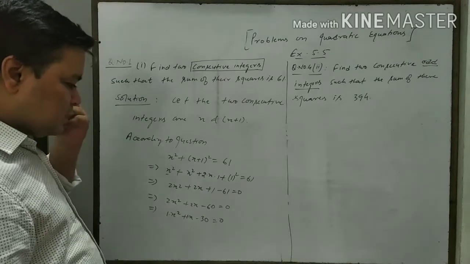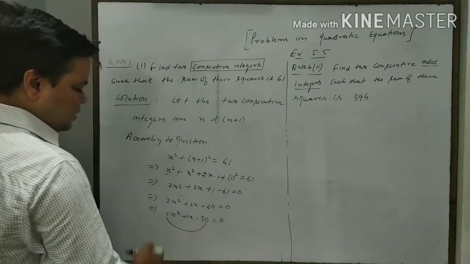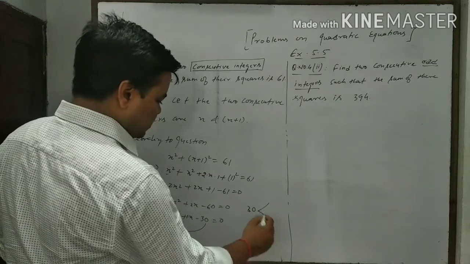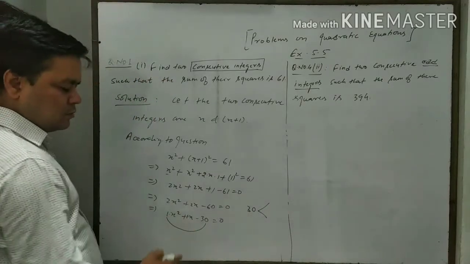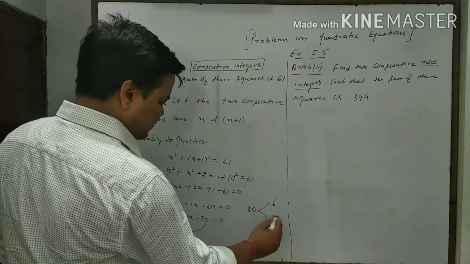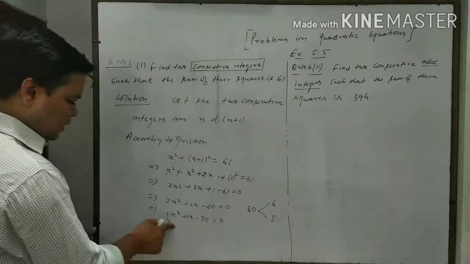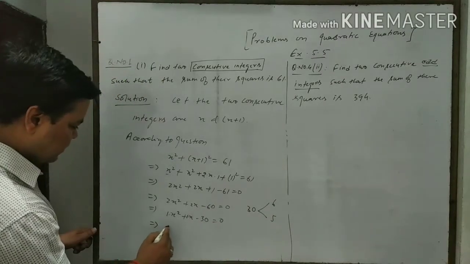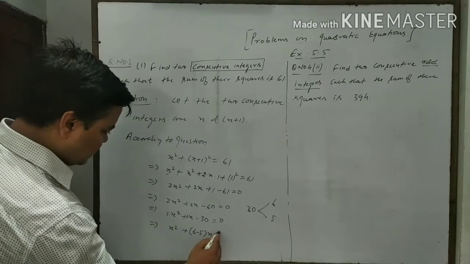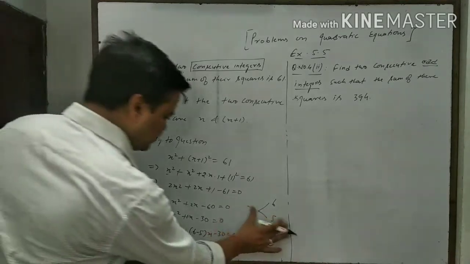According to the method, we should multiply a and c. So a and c multiplied will be minus 30, that is 30 in magnitude. Now break it into two parts such that their difference should be 1. Why difference? Because here c is negative. So it will be 6 into 5. 6 times 5 is 30 and the difference of 6 and 5 is 1. Therefore, here we should write it this way: x square plus 6x minus 5x minus 30 equal to 0. Okay. Now solve it.